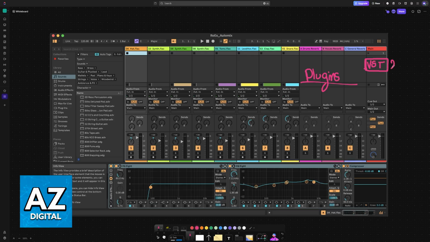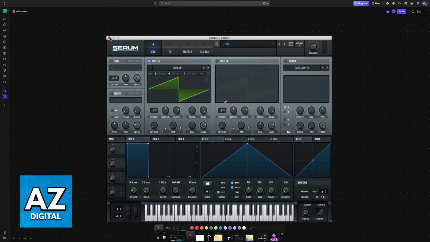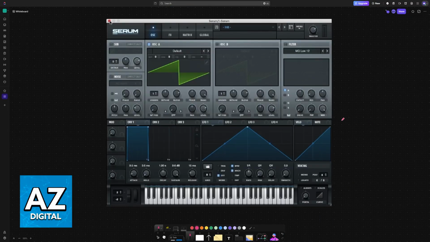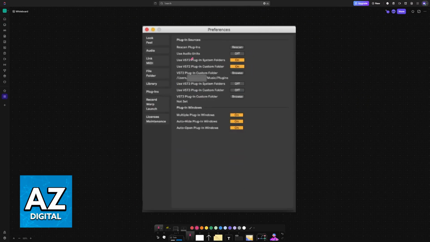You might see VST2 or VST3. In general, the process is going to be the same, and as long as you learn how to use one of them, you can also apply the same logic to the other. So if your plugin has an installer, run that installer. Alternatively, if you only have the files and there is no installer, all that you have to do is place them in a specific folder and then redirect that folder to Ableton. In this example, I'm showcasing how to install Serum, but of course, any other plugin is going to work.